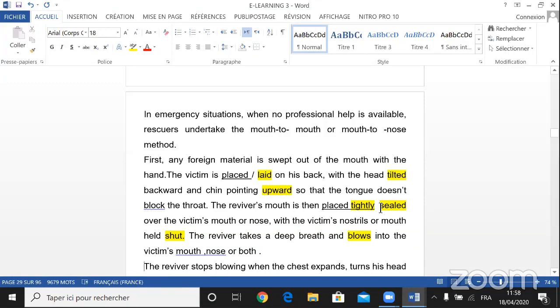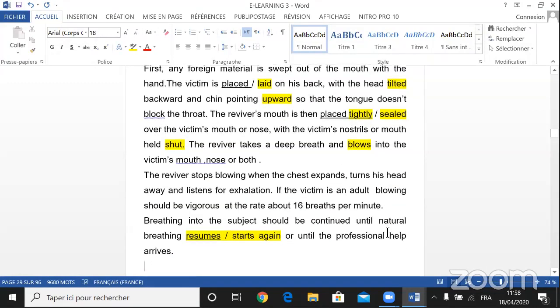mouth or nose, with the victim's nostrils or mouth held shut. The rescuer takes a deep breath and blows into the victim's mouth, nose, or both. The rescuer stops blowing when the chest expands, turns his head away and listens for exhalation. If the victim is an adult, blowing should be vigorous at the rate of about 16 breaths